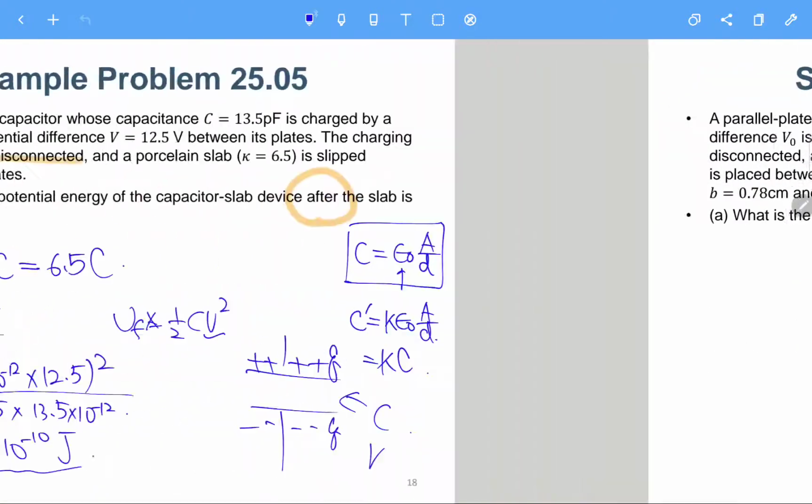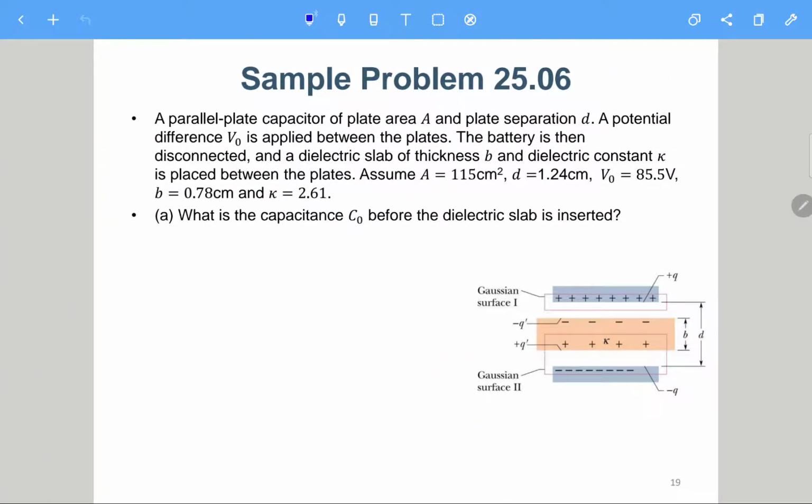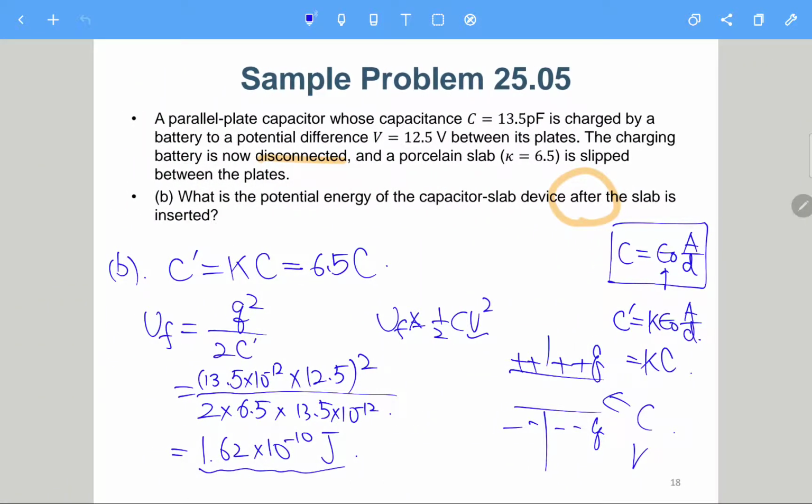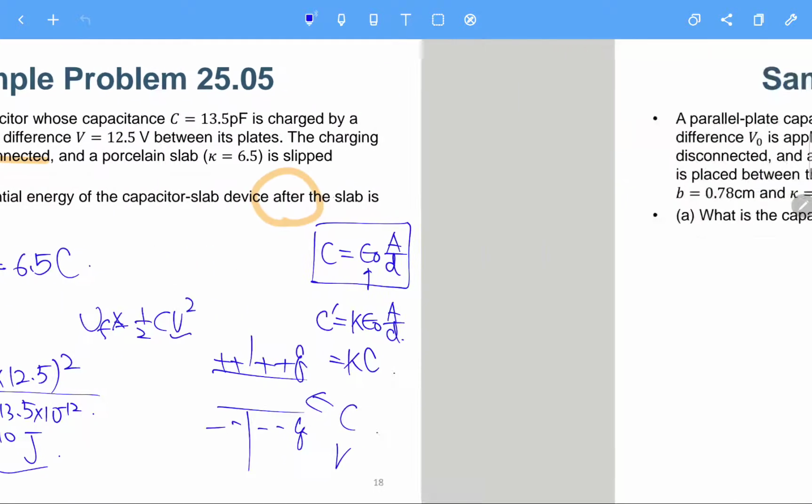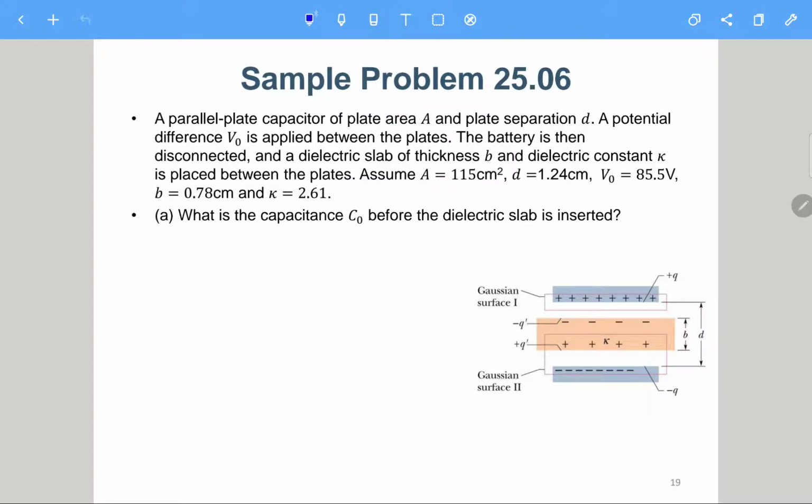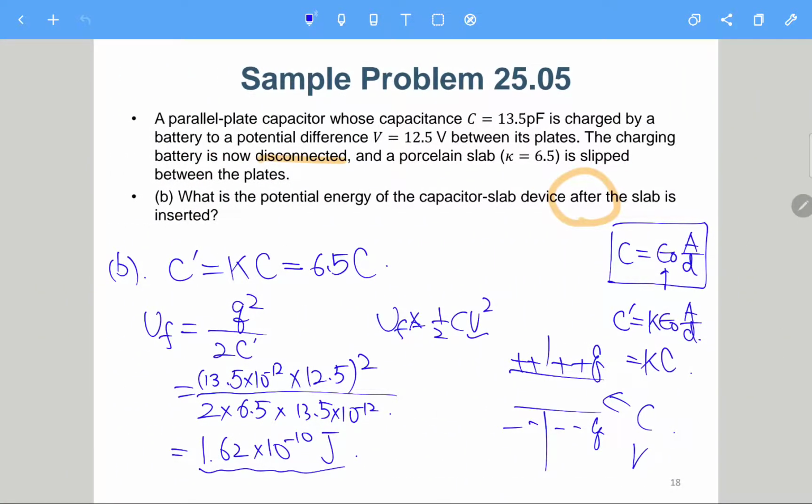Which means that, actually, we can also calculate that W is UI minus UF, which is 8.93 times 10 to minus 10 joule, which means that